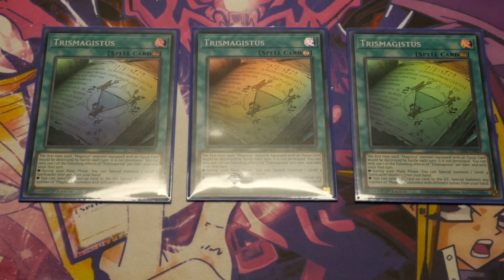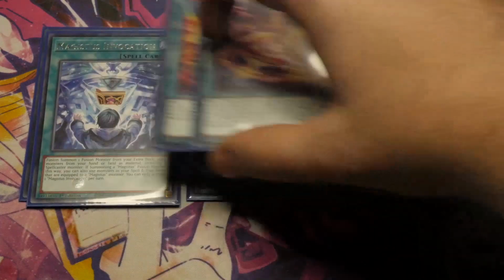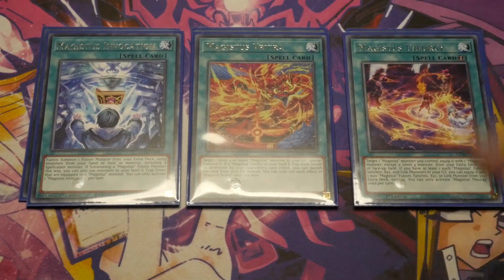And again, you've got pros and cons to the Mech Knights in the sense that it gives you a much better aggressive play, but it does mean you have to go second, and that's obviously a big downside as well. For the rest of the Magister spells, we only play the 1 Invocation, the 1 Vertra, and the 1